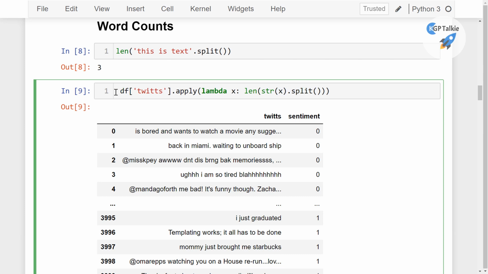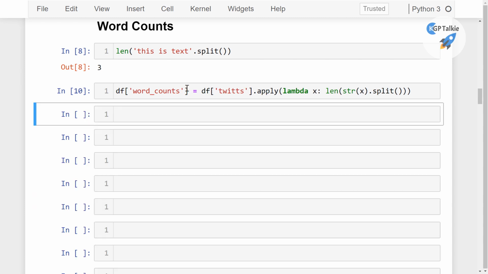Then I'm going to save it in a new column, and that is word_counts. Alright, perfect. Let's go ahead and run it.